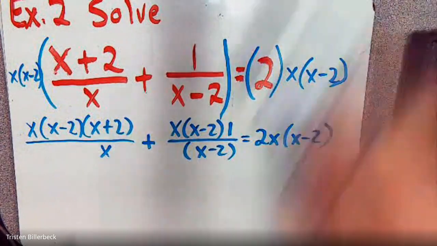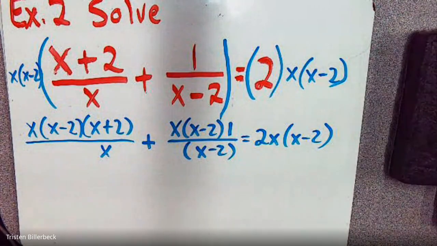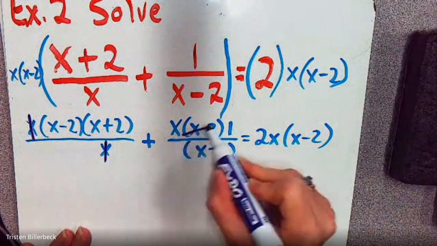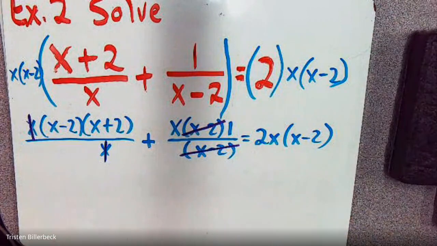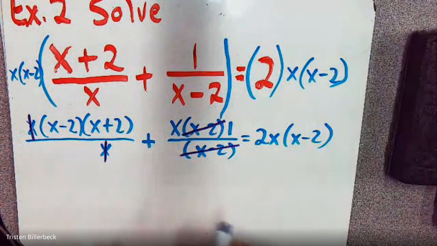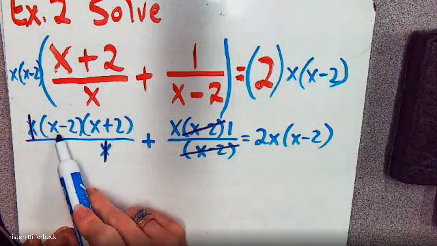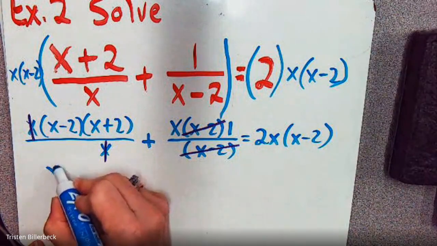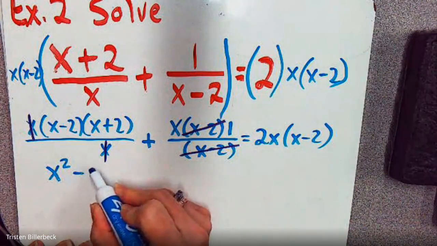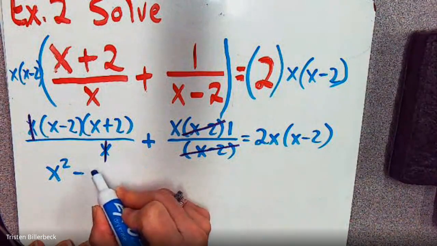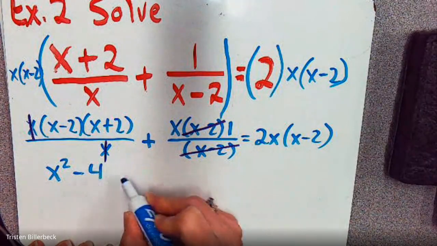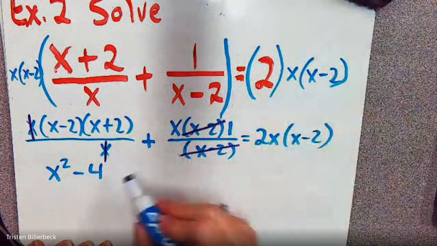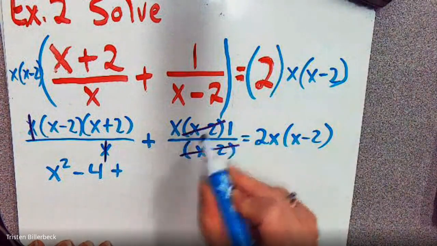Well, now we can see some things are canceling. So this cancels that, and this cancels that. So now we have no denominator. Yay! Oh, and hey, look, we know what that is. X minus 2 times x plus 2. That's the difference of squares formula, which is x squared minus 2 squared, which 2 squared is otherwise known as 4. So we have a much simpler thing to write here, and then plus,